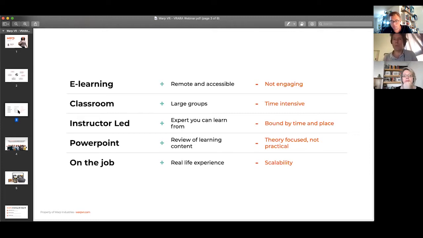Classroom, instructor-led, and on-the-job training are very time intensive. They have to take place at a certain moment, which requires quite a bit of time and therefore money. And they're often very theoretically focused, so they lack how things really go in practice, which is always a bit different from what you learn in theory.